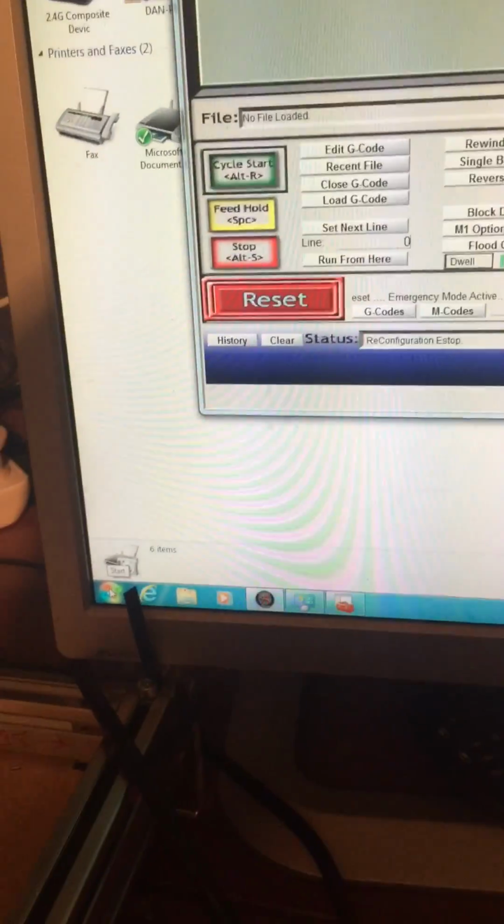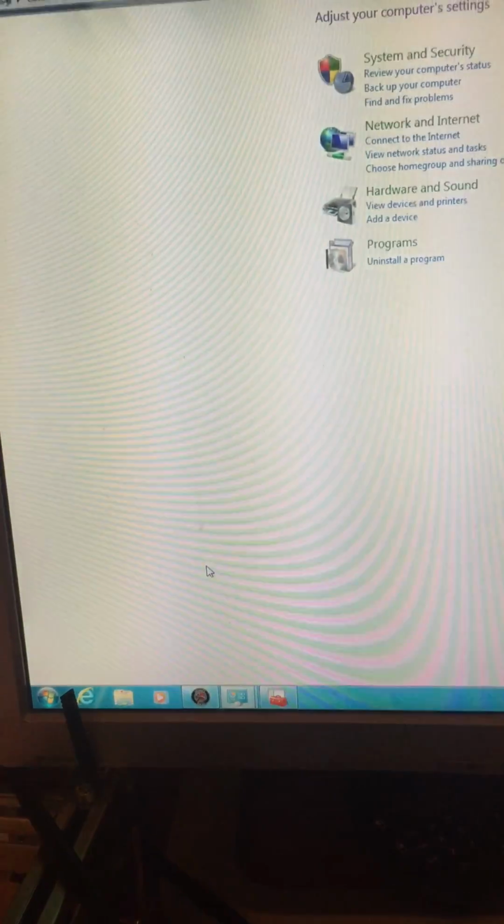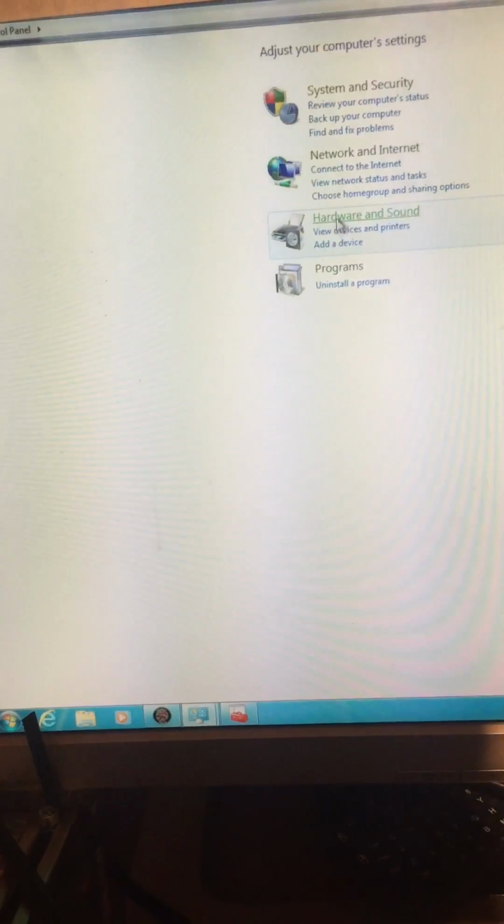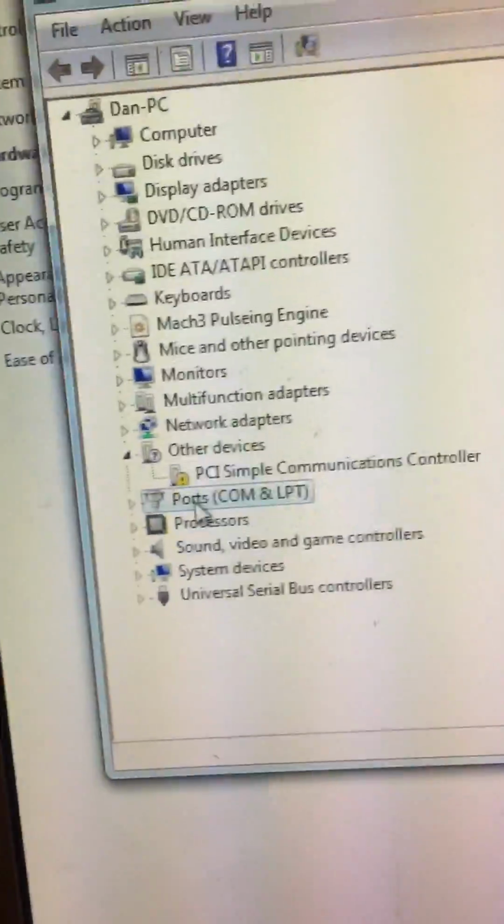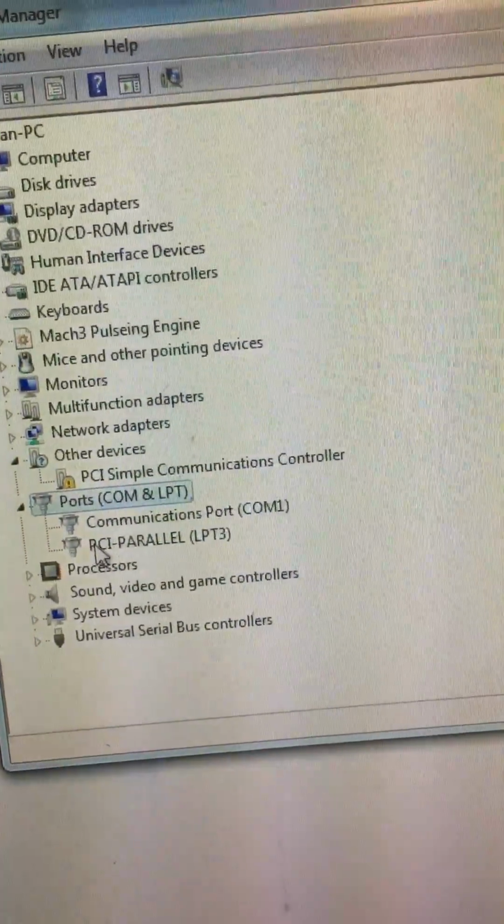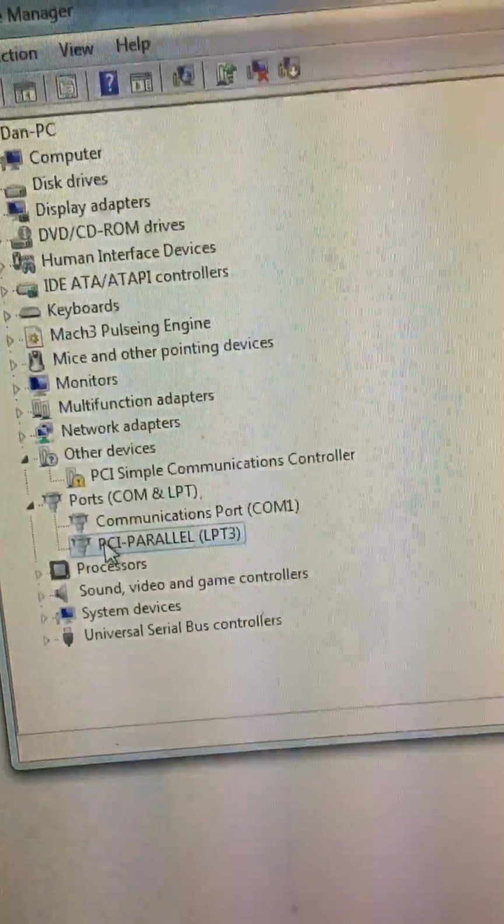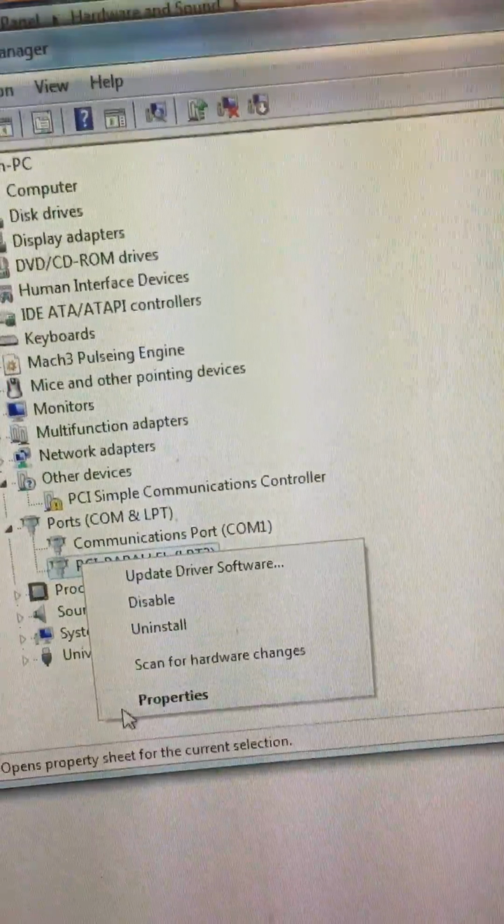So you go to your Windows button, go to Control Panel, go to Hardware and Sound, go to Device Manager, find your port. Like I said, in my case it's the parallel port. Double click it, right click on the parallel port and go to Properties,